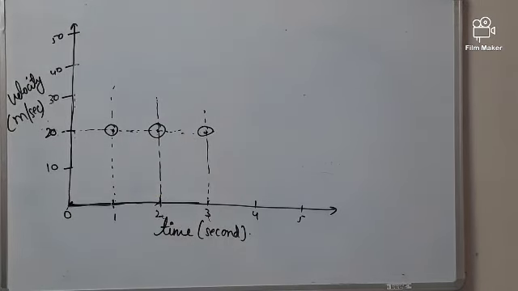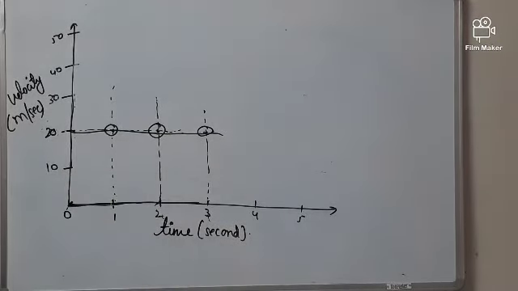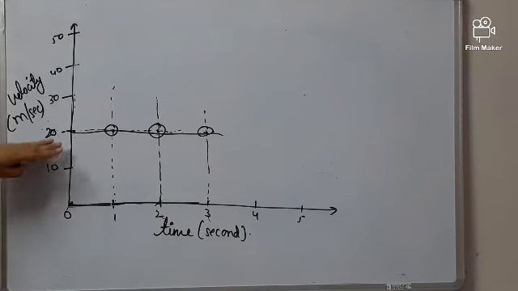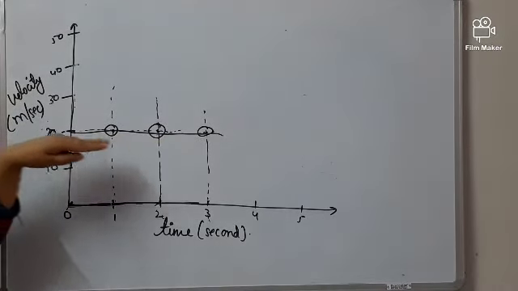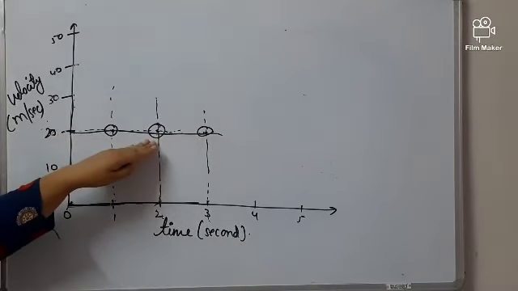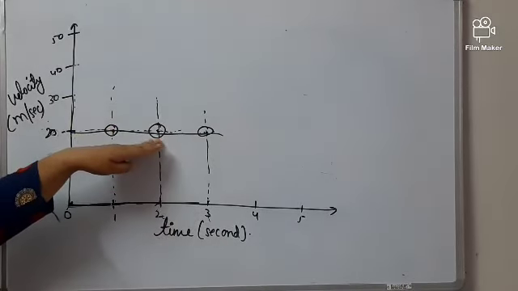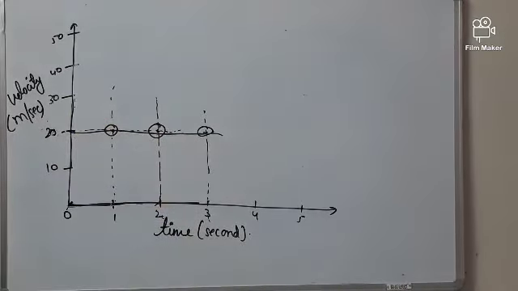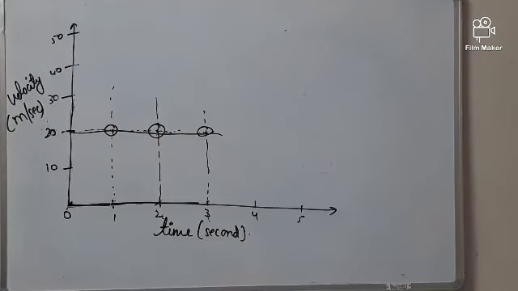Fine. So you will have the line like this, a straight line parallel to the time axis. This shows that you are moving. See, your velocity is 20, meaning you are moving. You have some speed, some velocity, but it's not going up or down. It is constant. After 1 second, your velocity is 20. After 2 seconds, you have not applied acceleration, not even the brake. It's still 20. So you are going on with the same velocity. So this is the velocity time graph for constant motion.